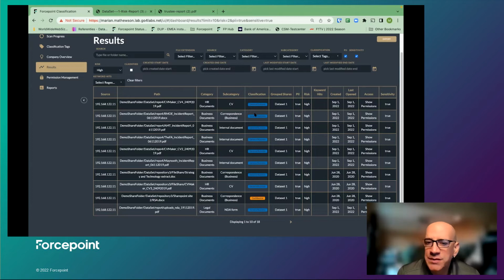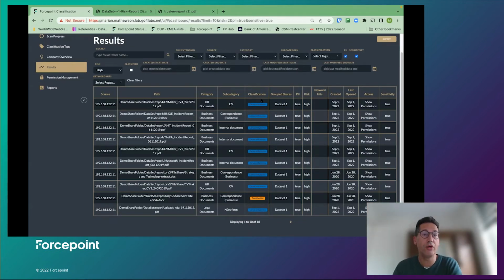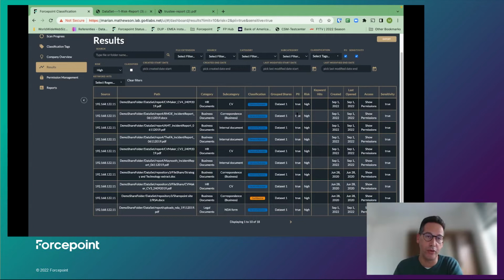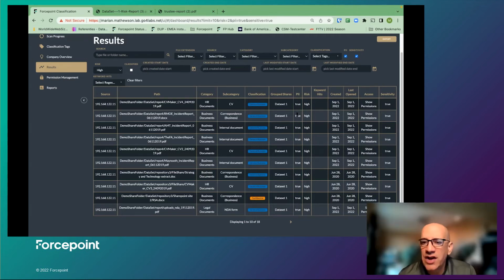And Mark, for Forcepoint Data Visibility, particularly because they make use of the AI ML model to come to some of these conclusions, which of these are results of the AI model analyzing this particular file? So the classification is based on the AI, the ML machine learning models, the subcategory and the category, and also the PII. Okay. These are all part of those machine learning models. Right. So they should have a high accuracy.